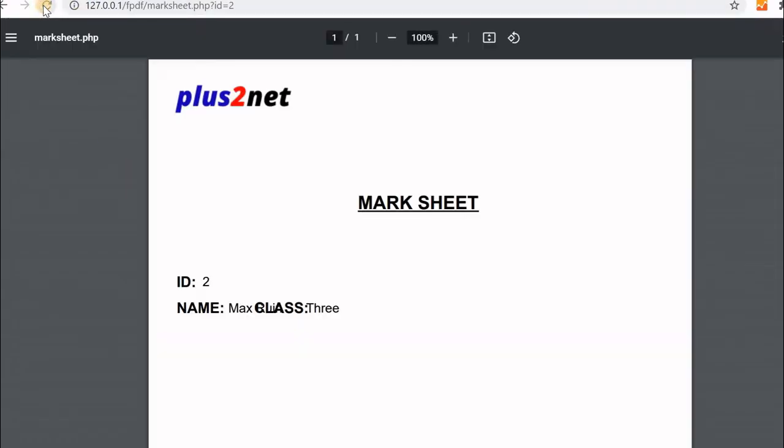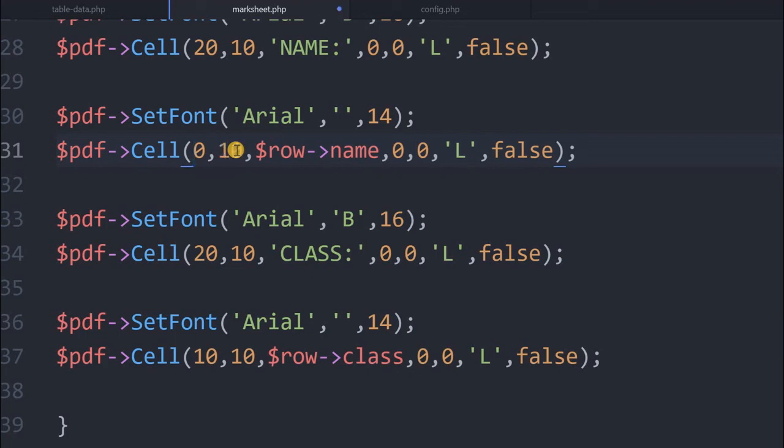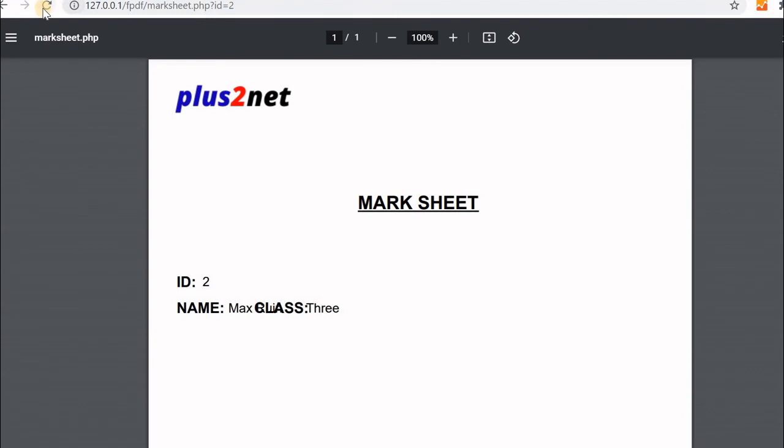I should get the width issue again. I had to push the class, so the width I should increase. Row name, in place of 10 I will make it, say, 30. Okay, class has gone, so class is 3 now.